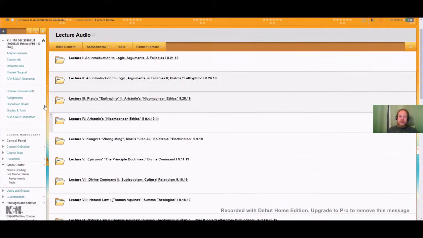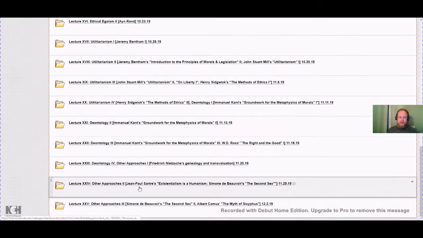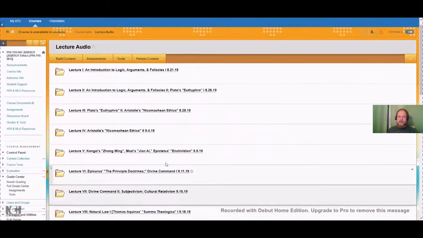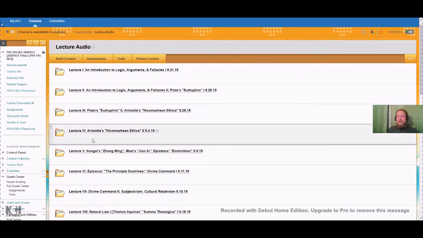So these are numbered from Lecture 1 all the way down to Lecture 25. Each one of these lectures is on average about 50 minutes, but if you download these as MP3s, you can actually put it in an MP3 player where you can speed up the process. I usually listen to, if I'm watching YouTube videos or listening to lectures, I usually go down to a modifier where you can change the playback speed, and I usually listen to things at 1.5 playback speed, typically, unless it's something where it's really dense and I really need to pay the utmost attention, maybe taking notes. I like to listen to things at a higher speed, but you need to be able to listen to all